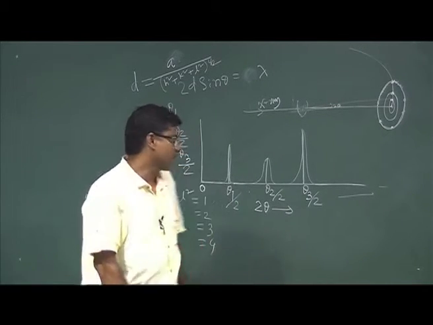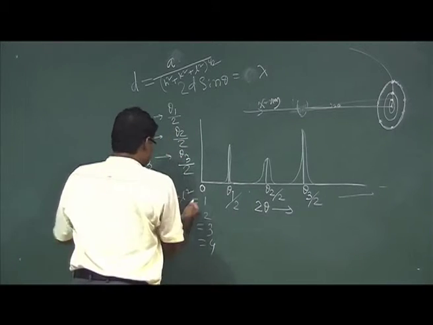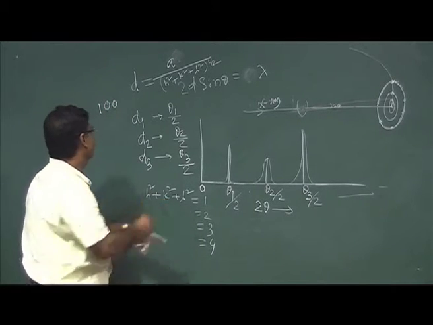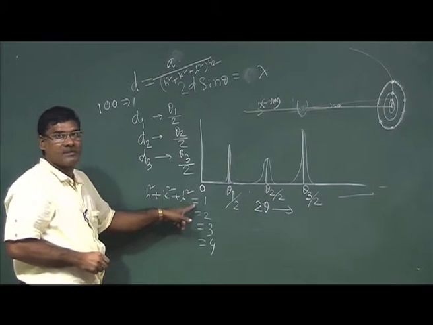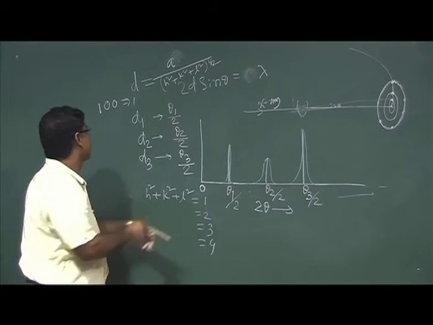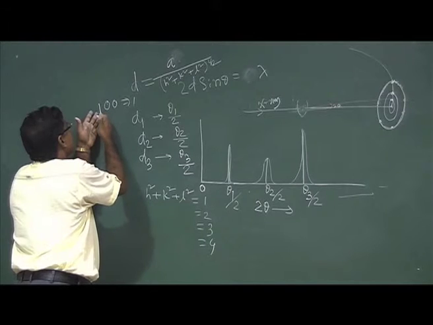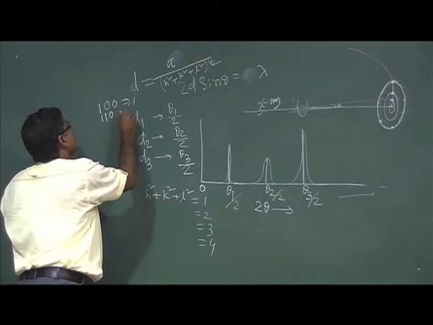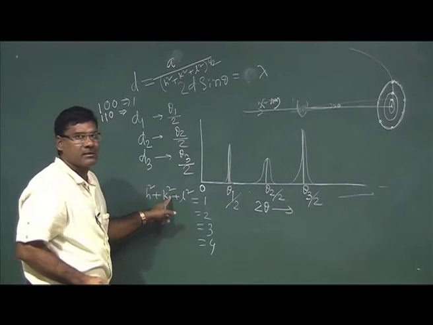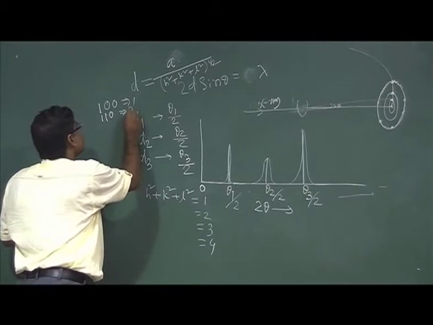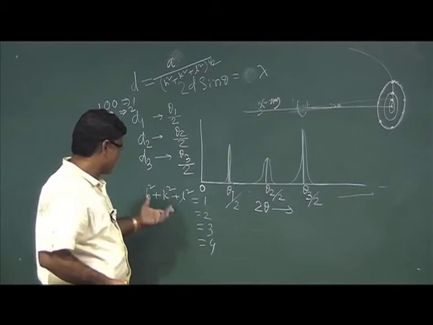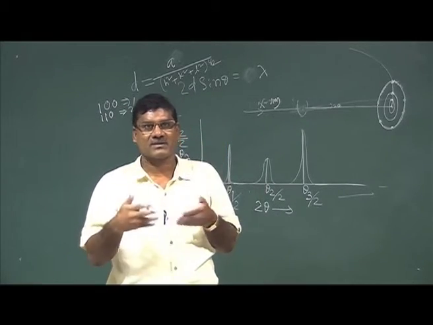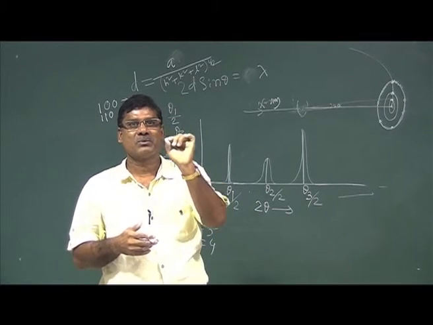Because you see the lowest value is for the 0 0 1, 0 1 0, 1 0 0 planes. So, what is this value? It will give 1 square plus 0 square plus 0 square, it will be 1. Then for all others, 1 0 1 etc. Next is say 1 1 0, what will the value be? 1 square plus 1 square, 2, right. So, it will be 2. So, this way you can show that for all sorts of planes, h square plus k square plus l square will give a value: 1, 2, 3, 4, 5.